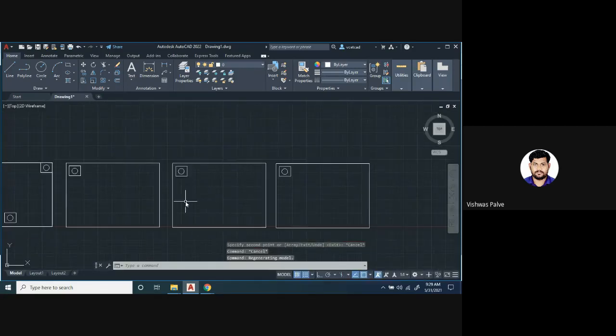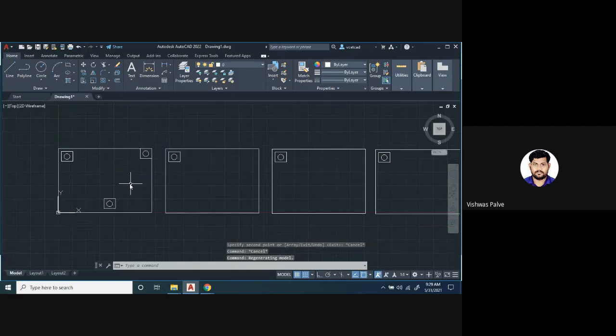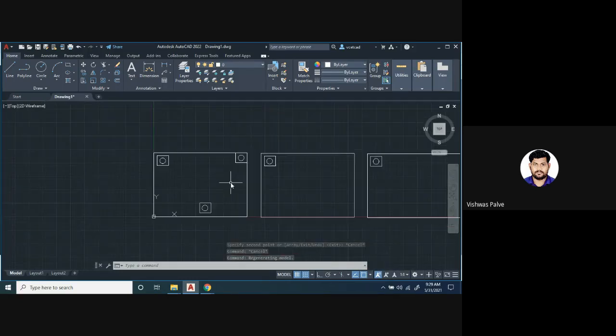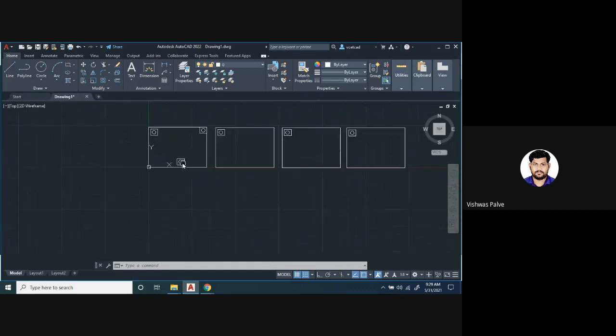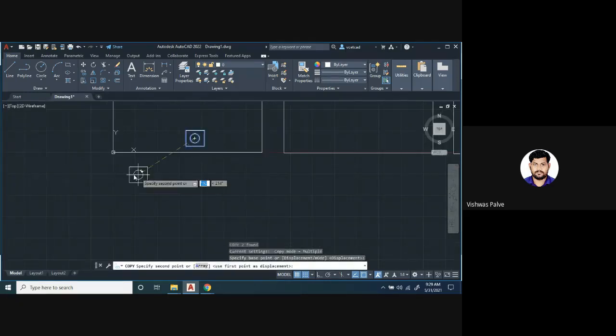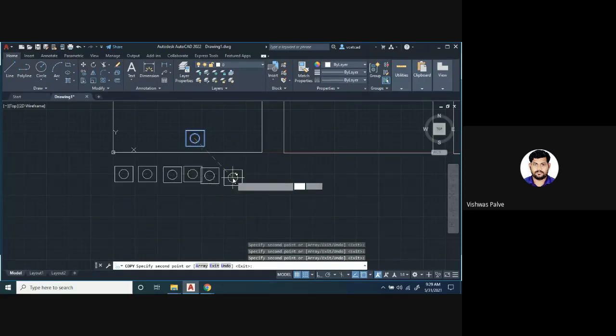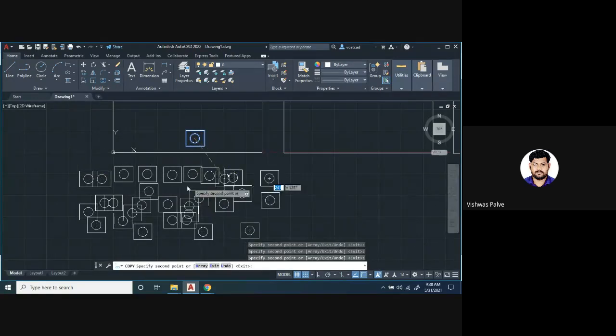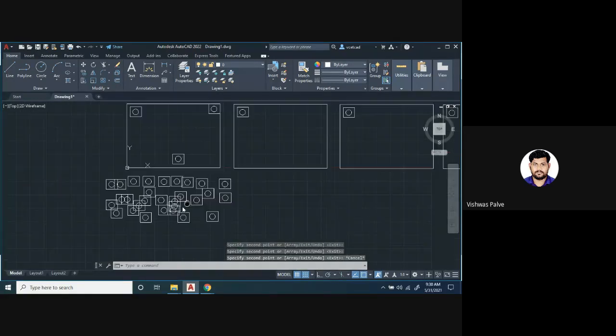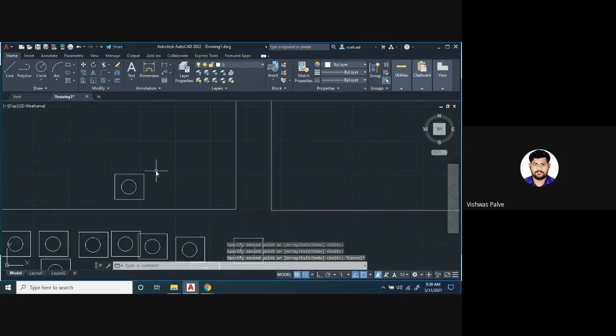So you can select any base point for copying that object, and you can copy multiple objects. You can create n number of parts. Suppose I use CO enter and select this as a base point, then you can create 5 components of this, or n number of components. How many components you want, you can copy. Any difficulty in copy and move? Any difficulty in the copy and move commands?